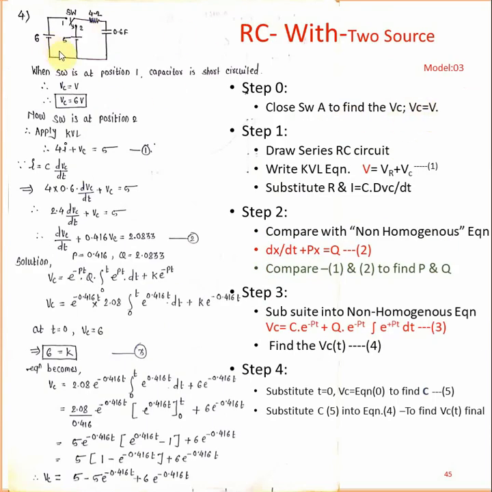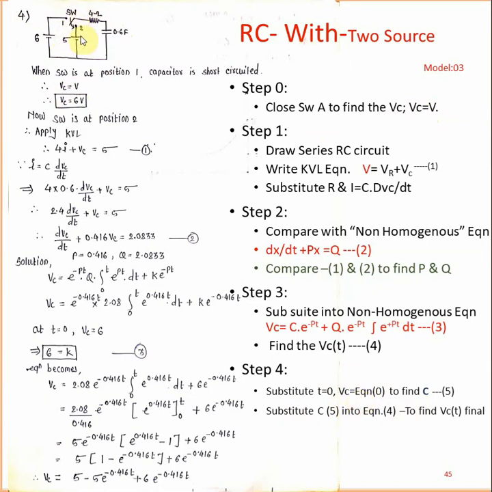So switch number 1 is closed. The source is 6 volts connected to that resistance, and the capacitance is taking time to charge. So closed circuit. Then what is the value of Vc? Vc is equal to V, the source voltage. So V value is 6, so Vc is equal to 6. So that's all I got. Then in that place, in step number 4, you can substitute.